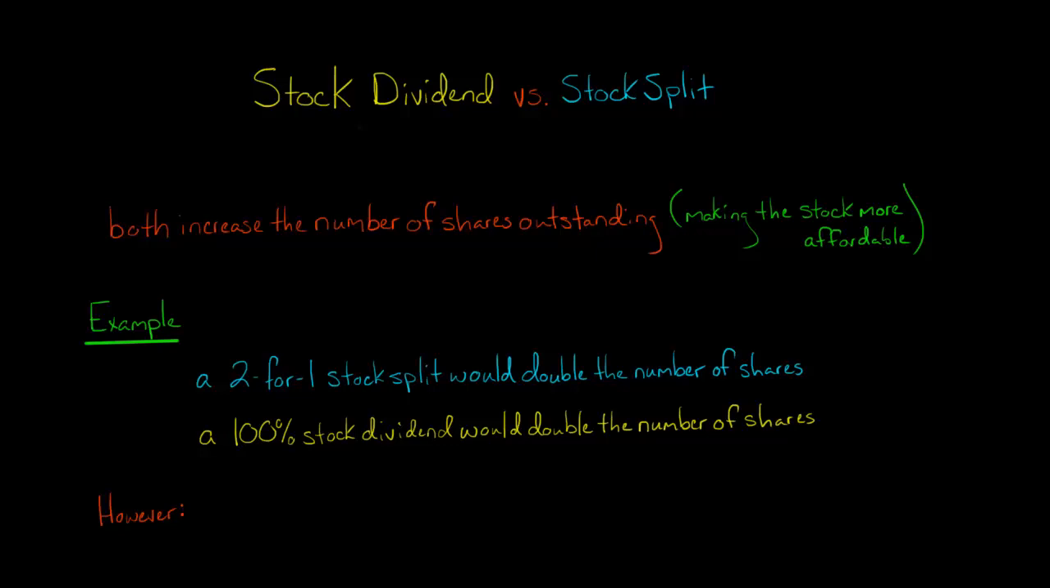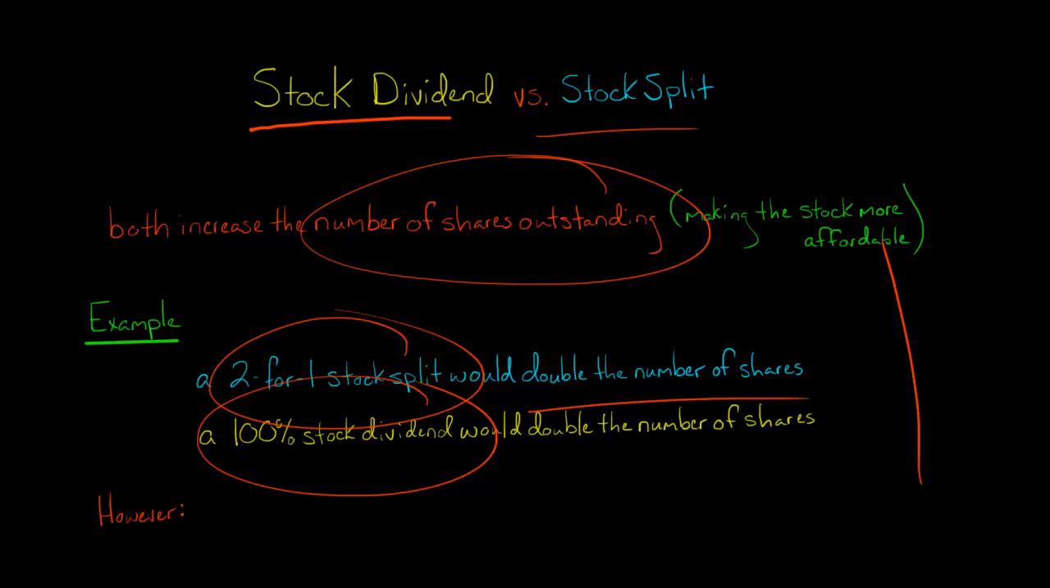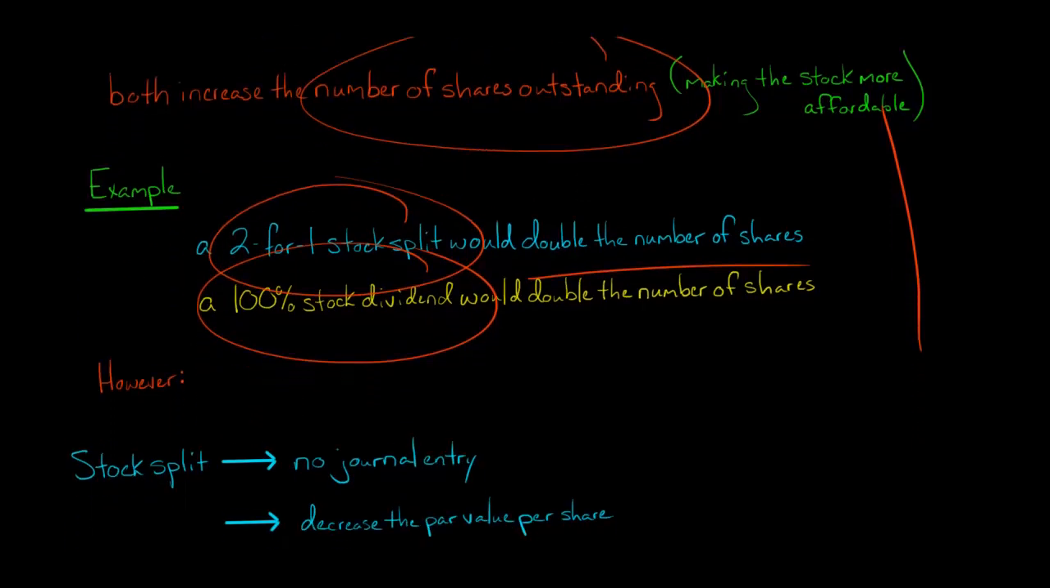Let's discuss how the accounting differs for a stock dividend versus a stock split. In each case, the number of shares outstanding is going to go up. For example, if you had a 2-for-1 stock split or a 100% stock dividend, in each case, it's going to double the number of shares. So they're both going to increase the number of shares outstanding, but beyond that, there's